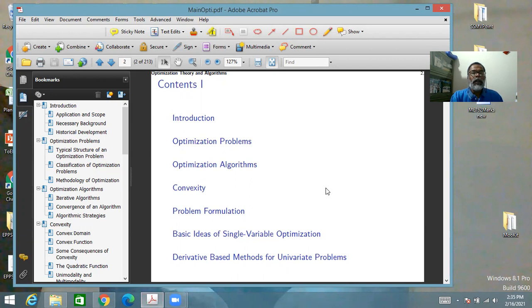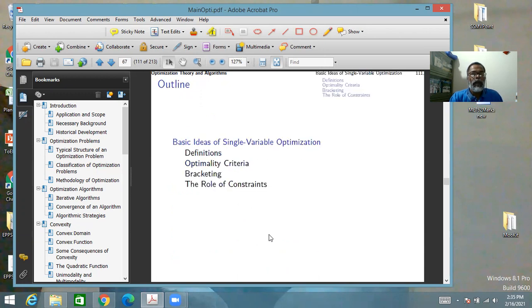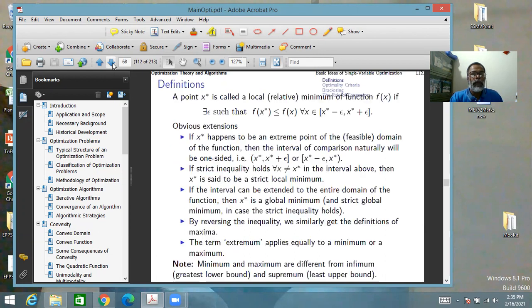In this lecture, we will start single variable optimization. First, the basic concepts. A point x star is known as a local minimum, or relative minimum, of function f(x)